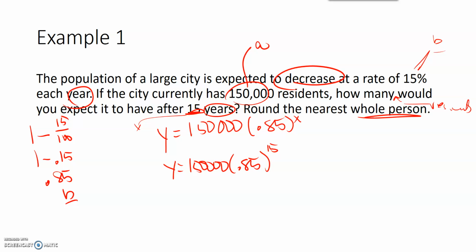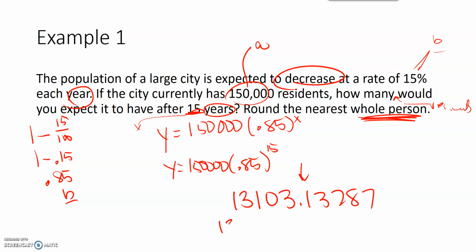We talked about that with growth. We're going to round people or populations to a whole number, money to 2 decimal places. So I'm going to plug into my calculator 0.85 to the 15th power, and I get 13103.13287. Now again, we're rounding to the whole person, so I'm looking at that number, and it's a 1, which is less than 5, so my answer,